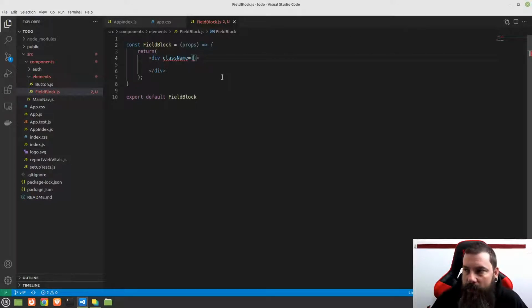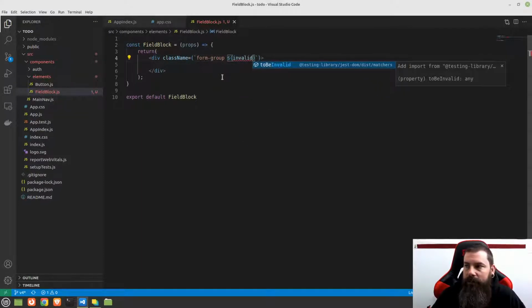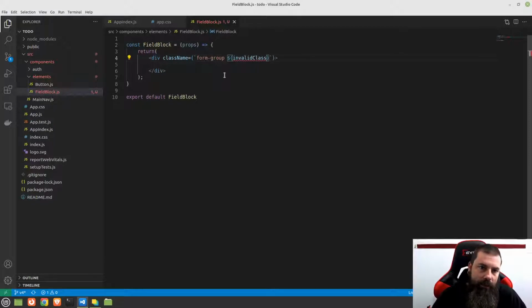So in JavaScript, to use a string literal, you just go ahead and use backticks. And we're going to give this a class of form-group. And then we're going to give it a space. And then we're going to do $ curly brackets. And we're going to pass in something called invalid class. And the reason that we're going to have an invalid class, which we've got to create still, is